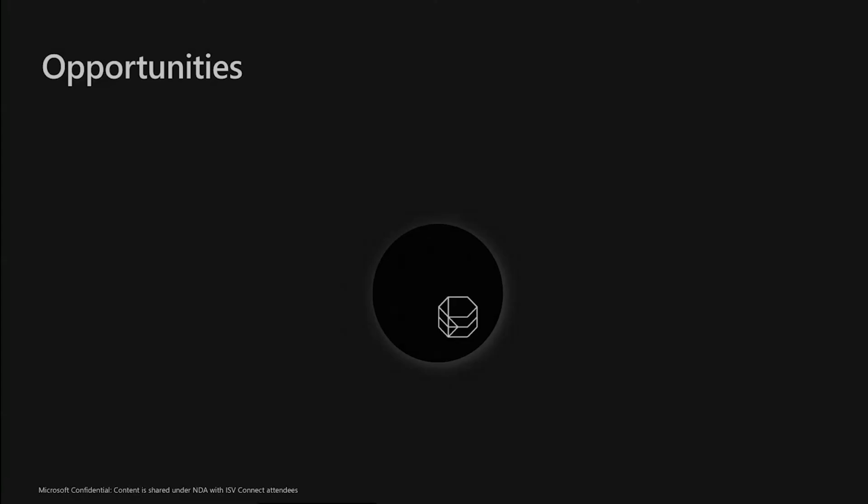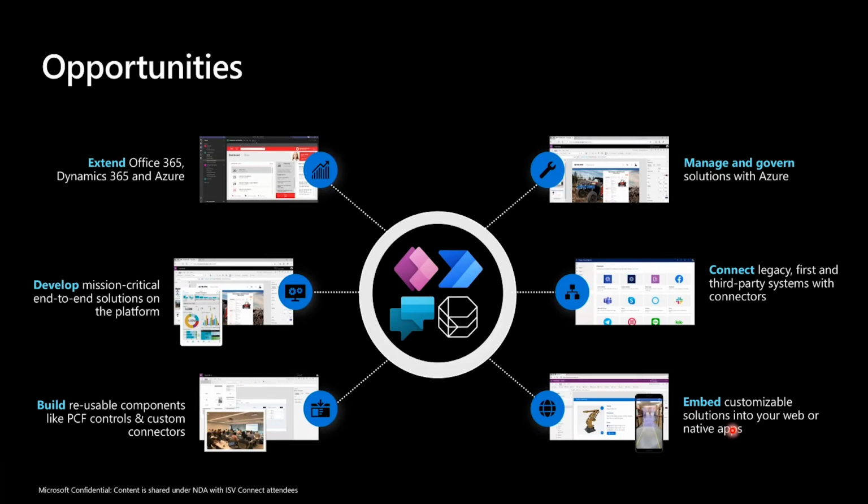Now, coming to the opportunities that you will be able to do with the Power Platform. In the last slide, we just touched upon the names of the different Power Platform products that we are already aware of. Now, adding those to the existing opportunities that we see. What do you do in the regular work, or the regular conversation we have with our customers as a partner? So the different opportunities that can be related to Office 365 or D365 or Azure related extended